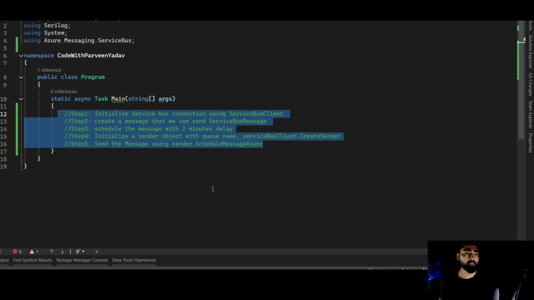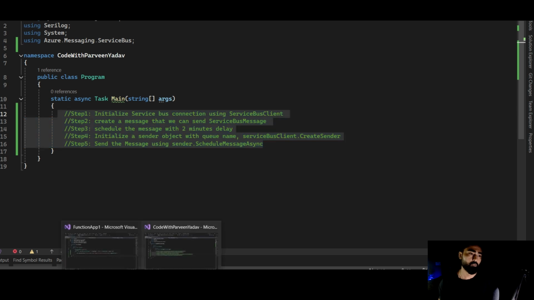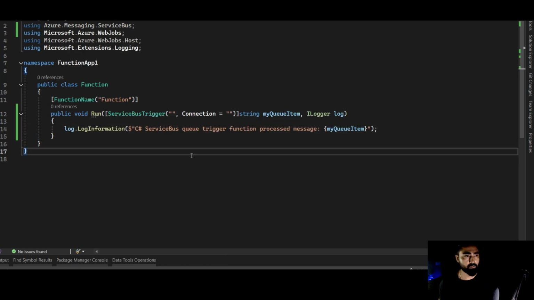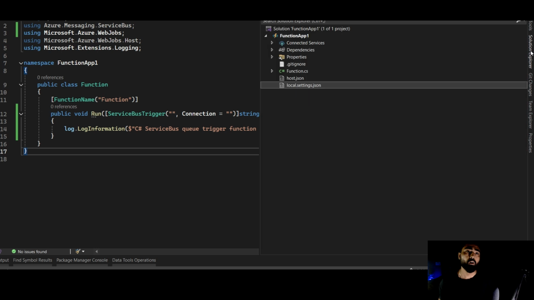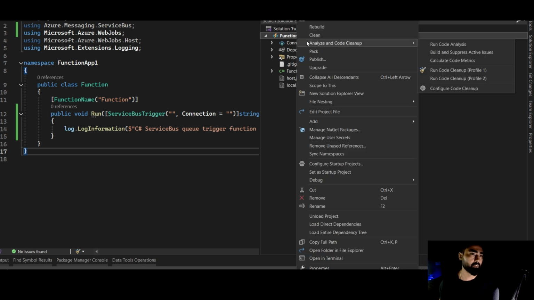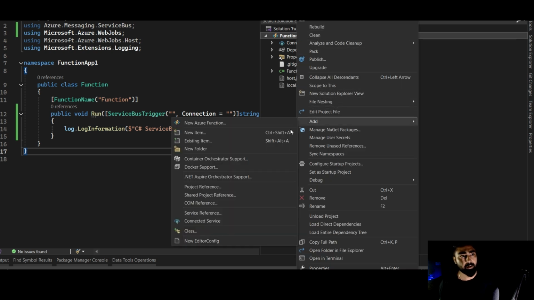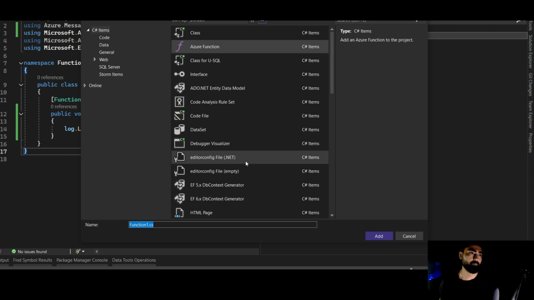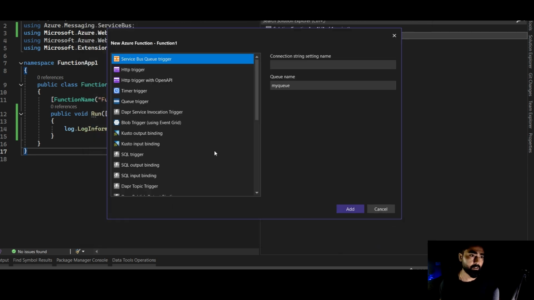So first things first, we will set up our Azure function. To create an Azure function, just right click, say add and new Azure function. You can add any name. Over here we will just use the default name, which is Function1, and once you click on add,